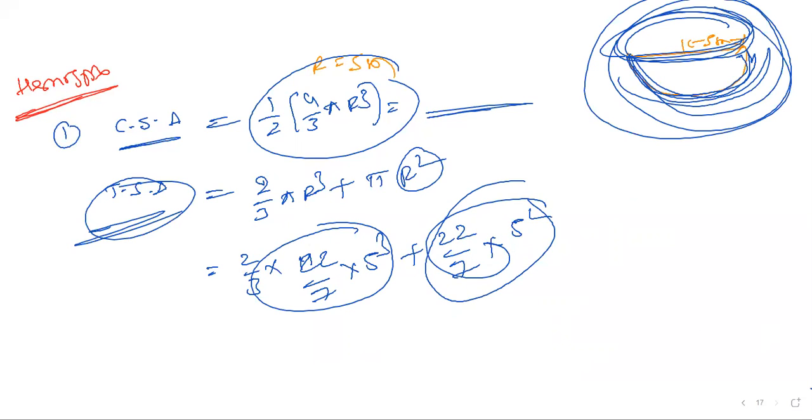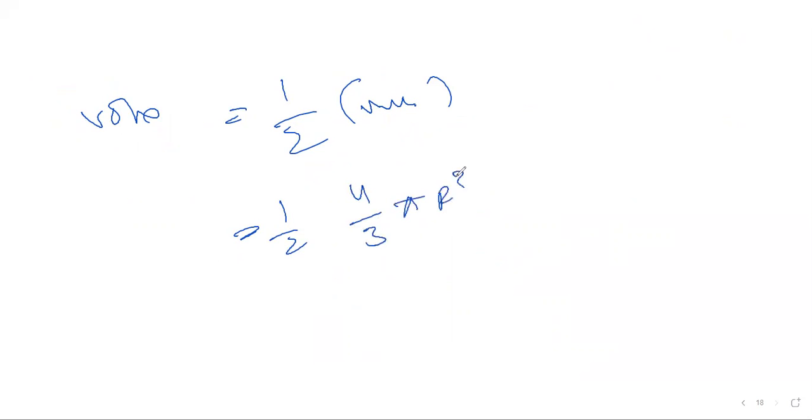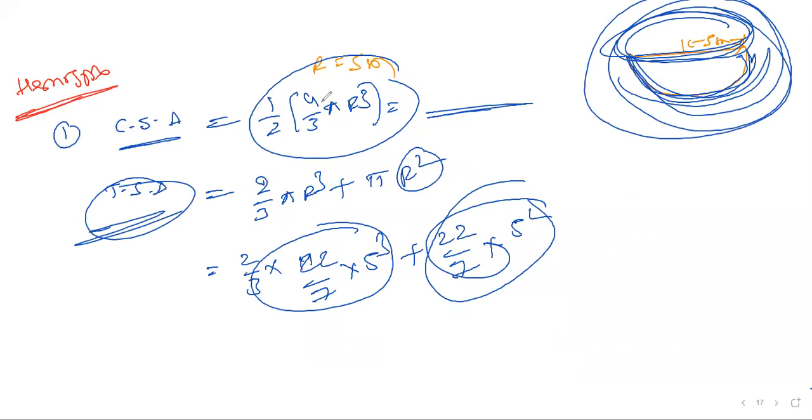Now I just told you volume. Volume of a hemisphere, no need to change, just 50% of the volume of the sphere. Volume of sphere formula, 1 by 2 of 4 by 3 pi r cube. This is the formula for this. So you'll get an answer. But here for area it is not that, it is 4 pi r square. I wrote the wrong formula, it is 4 pi r square. Just 4 pi r square. Nothing but 1 by 2, so 2 pi r square.